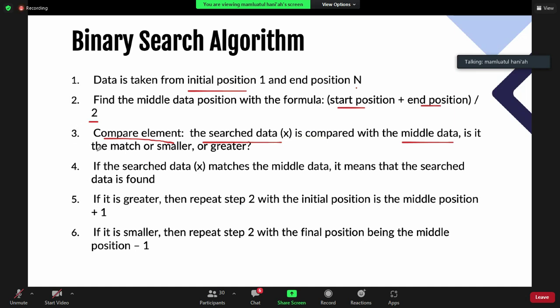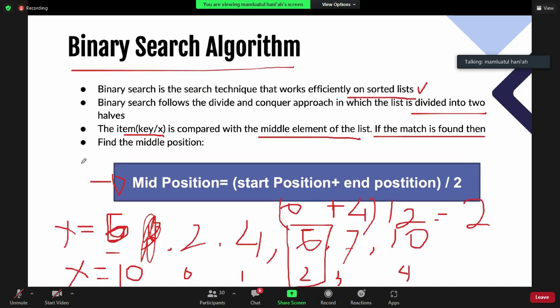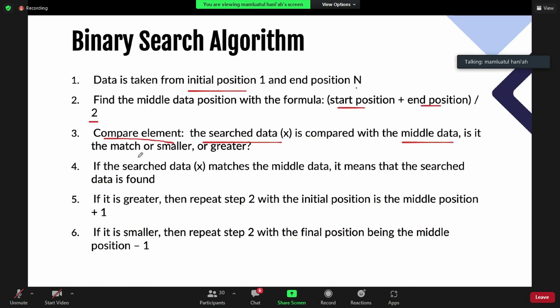Maybe your k is 10, so you compare 6 with 10. If 6 is less than 10, okay, then you have a solution. You need to search in the right position or in the left position, like that.